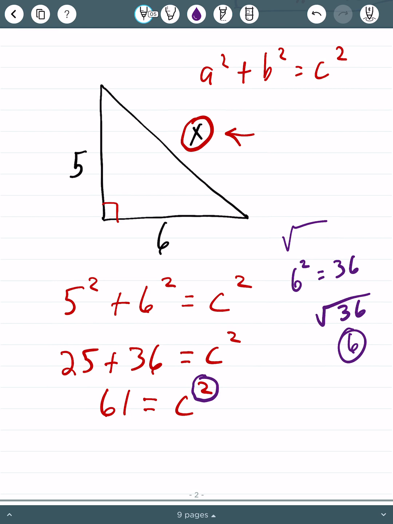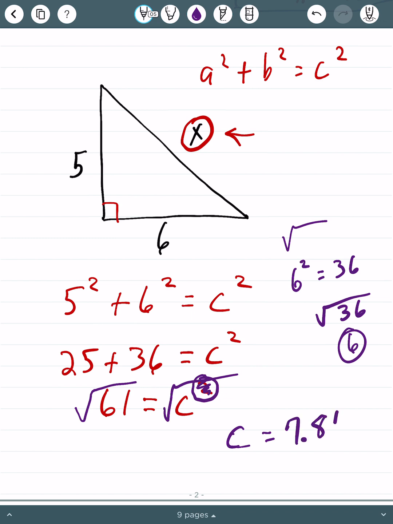So here's how you're going to do this. You're going to take the square root of both sides. When you take the square root of C squared, what that does is it cancels out the squared and it just leaves C, okay? So on my trusty calculator, I'm simply going to press 61 and then I'm going to press square root, and it says